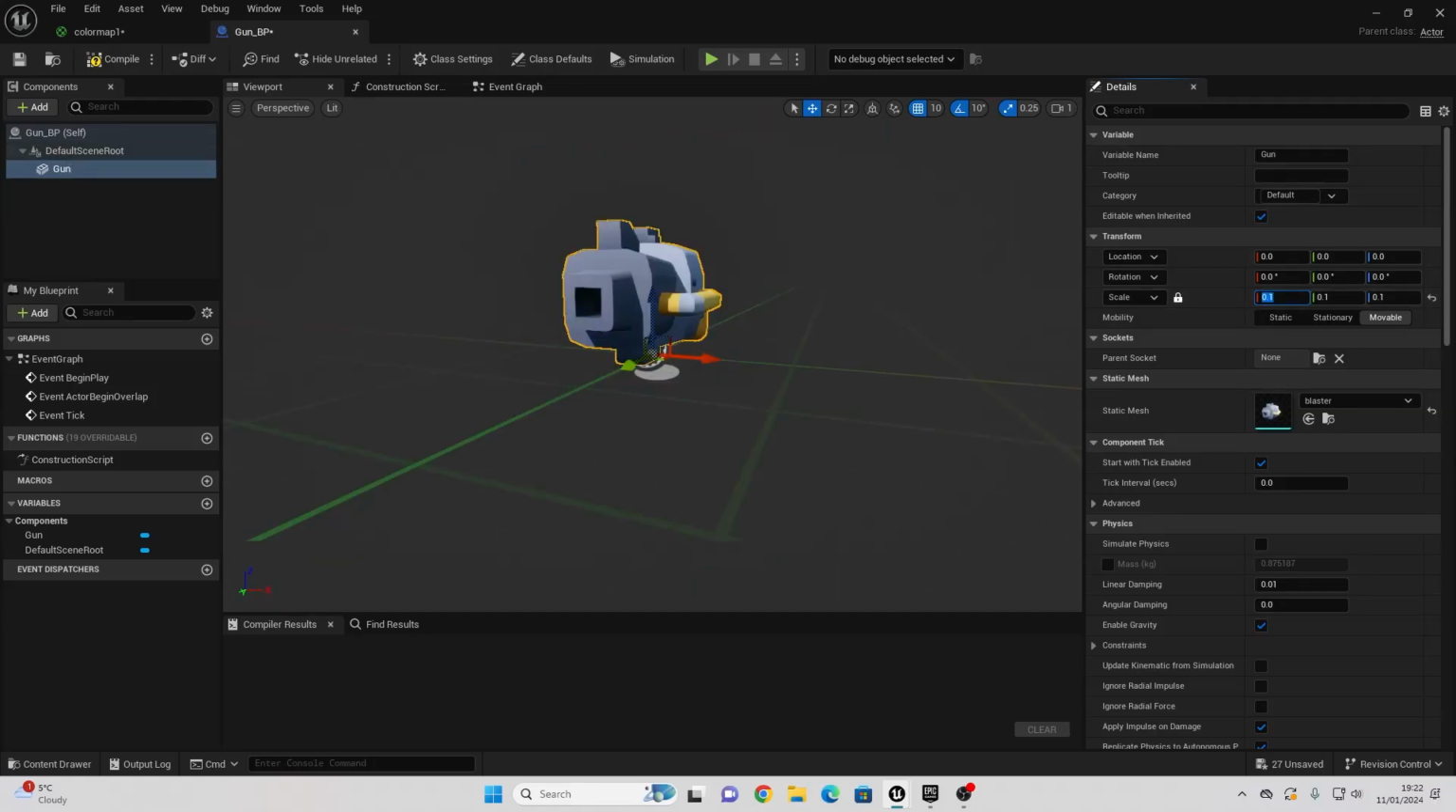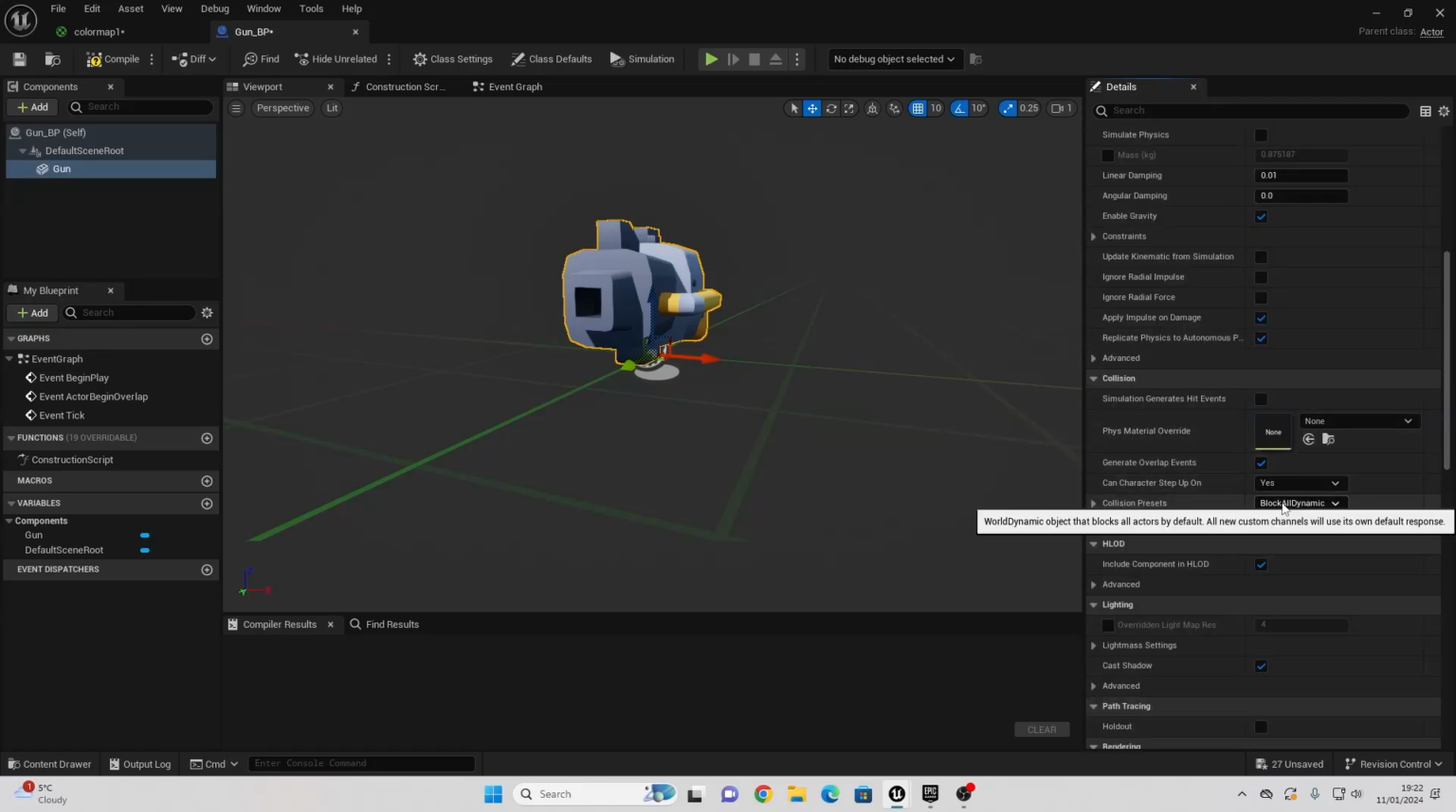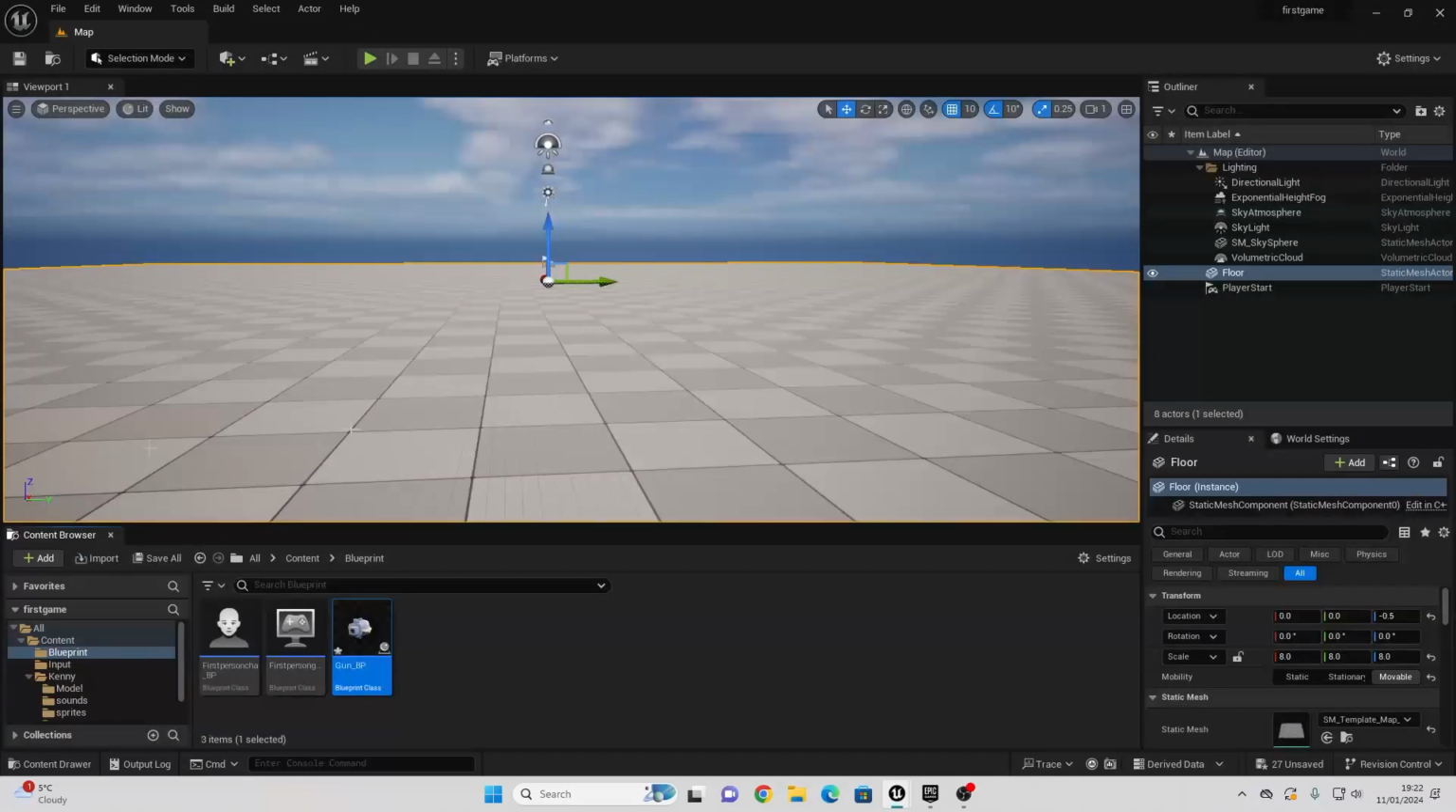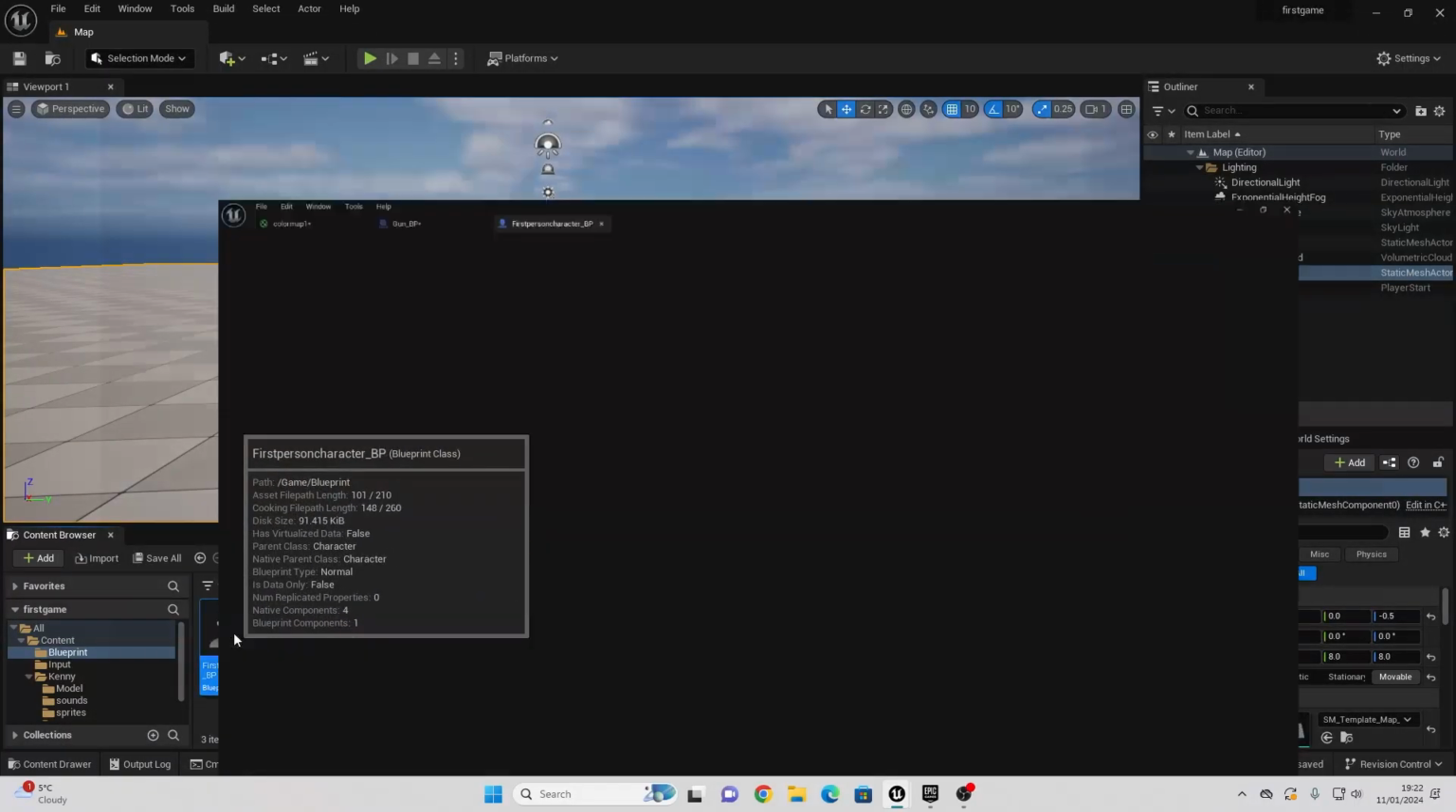Then with the gun selected, just scroll down and go to collision presets and make it have no collision, because we're going to make our player character hold this gun and we don't want it to interfere with our player's collision. Now that we've done this, just go compile, close this, and then go over to our first person character,